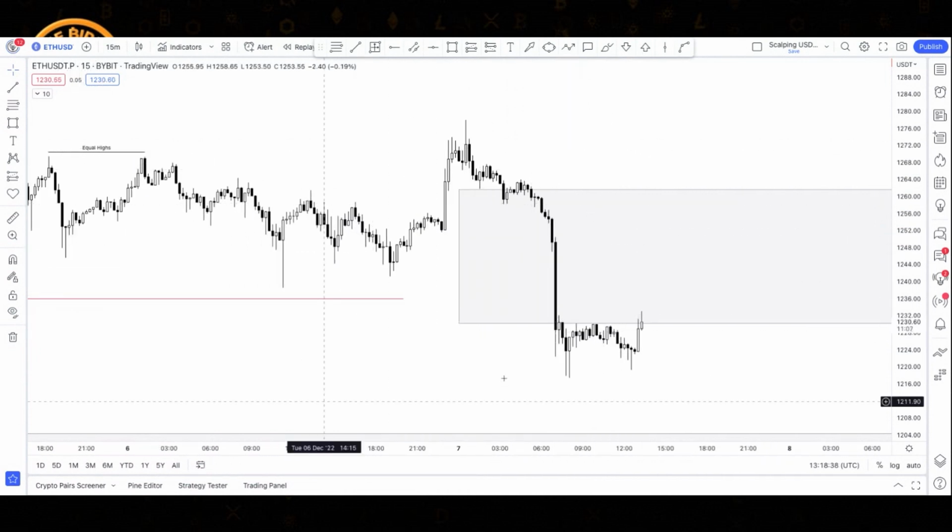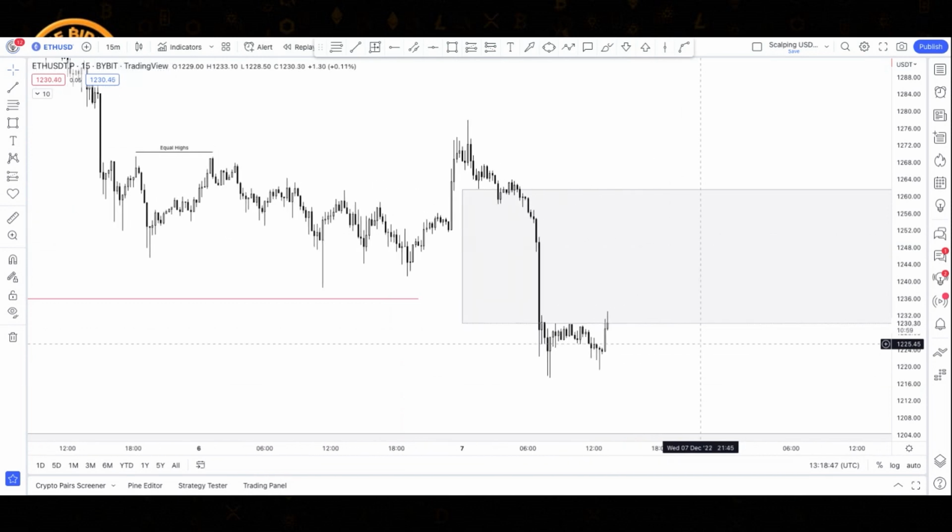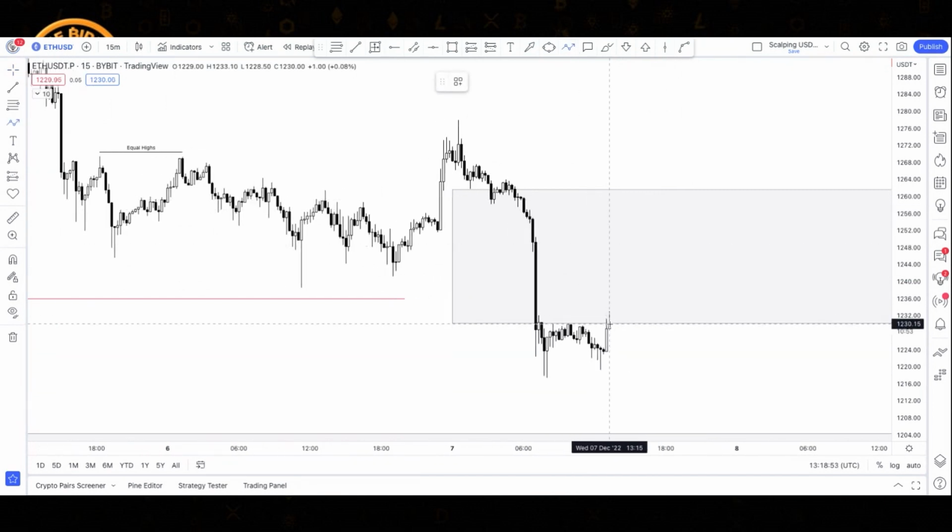So we've now come into a key area of interest here where we'd be looking for potential long opportunities. However, we would be countering the current trend, right? So we would want to see a bit more confirmation here before we go in. Exactly the same as we were on Bitcoin. I'm still looking much more for how price starts to develop here. Yeah. So maybe we get something like this,